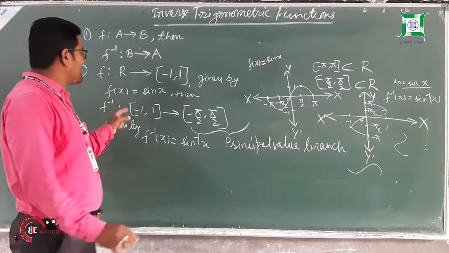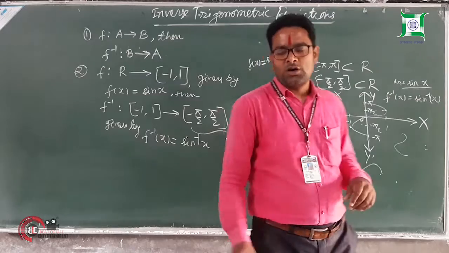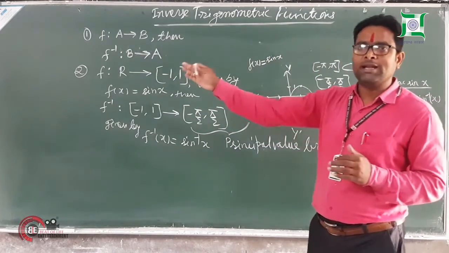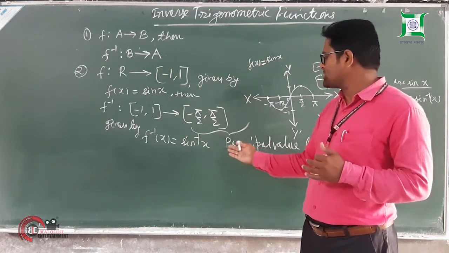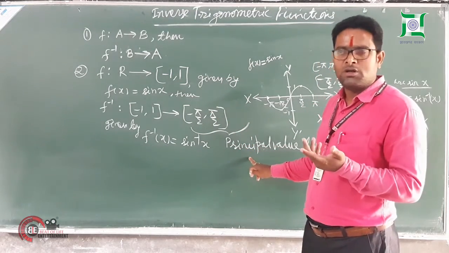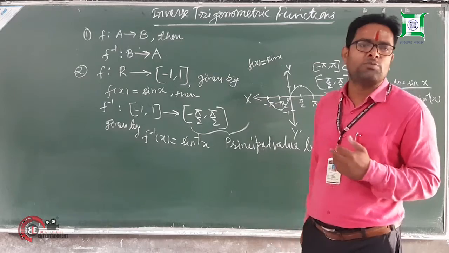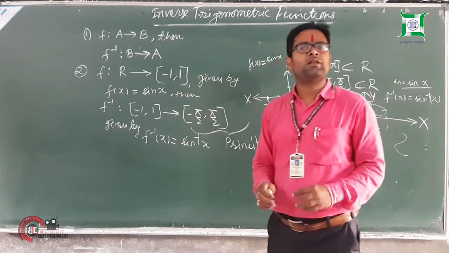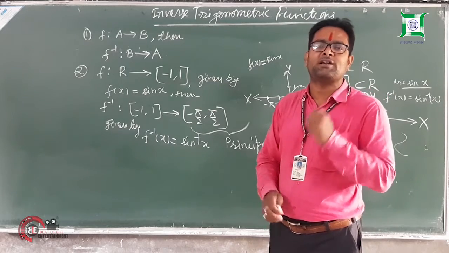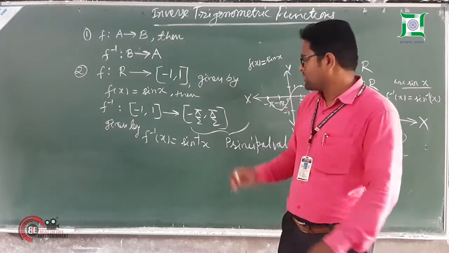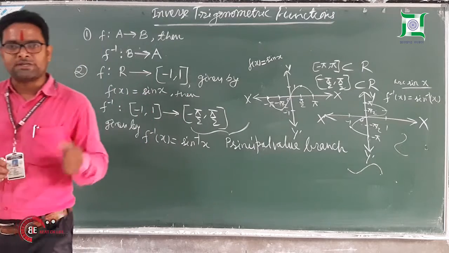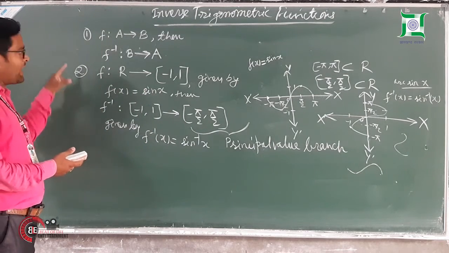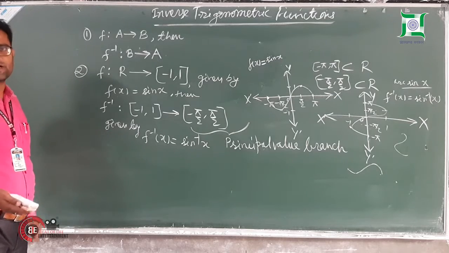Now see, as we are getting the domain and range of this sine inverse x, in the same way we can have the domain and range in terms of the principal value branch. It is better to say principal value branch rather than range. So the principal value branch and the domain of all 6 standard inverse trigonometric functions we can see. Just I will show you how to represent them. Let us see. Likewise, I will discuss point-wise so that you can understand it better.